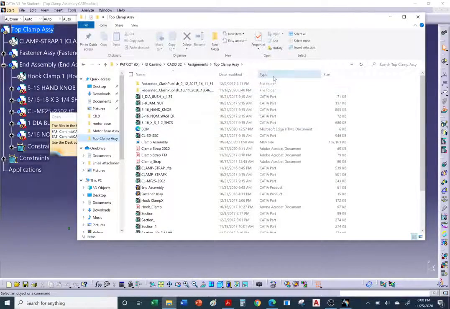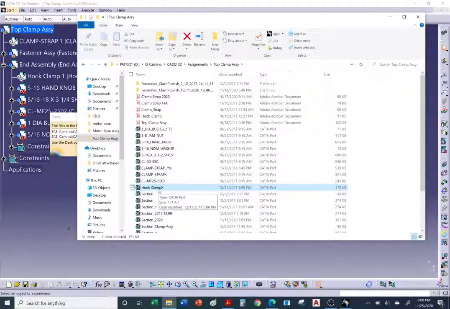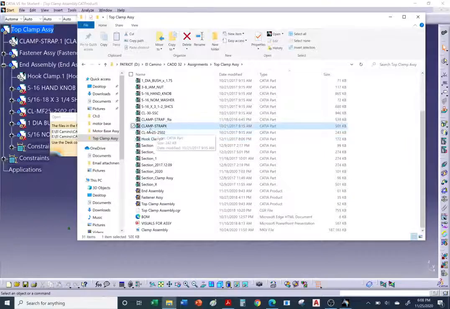So let me go ahead and sort by type. Okay, so what I did before opening this, before I started lecturing, was I took the hook clamp and I renamed it as hook clamp X. And I also took the strap and called it clamp strap X. So I renamed it before opening it, and CATIA cannot relink to this new